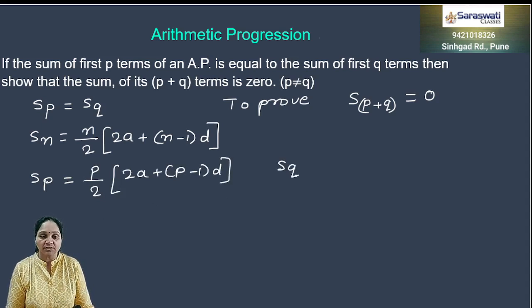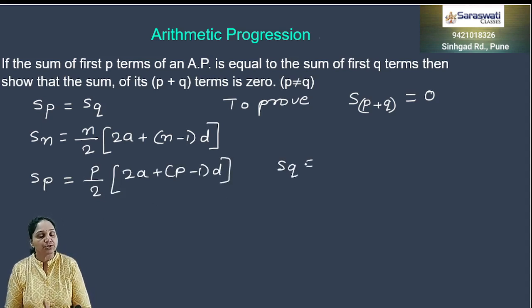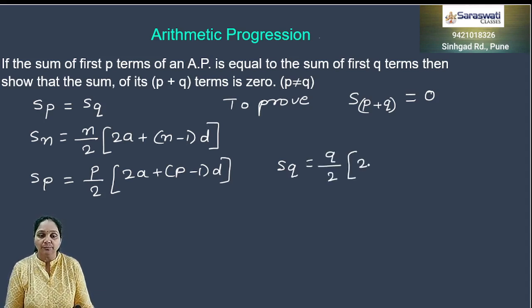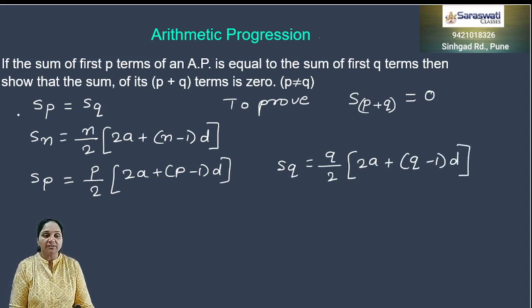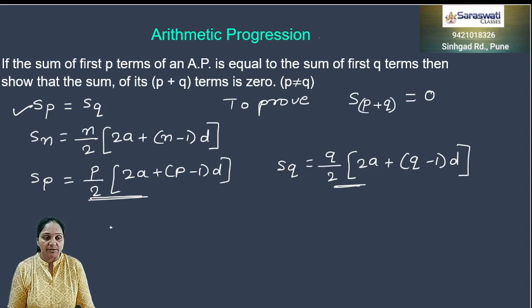And for SQ, that is the sum of first q terms, we write q upon 2 into bracket 2a plus q minus 1 into d. And given that SP is equal to SQ, means these two parts are equal,